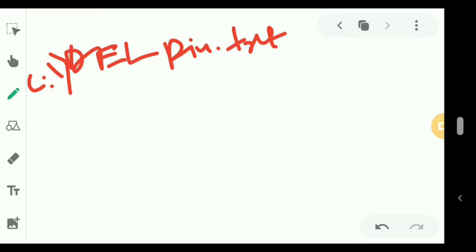Okay, so another one is there, that is diskcopy. The diskcopy command is used to copy the complete content of one floppy disk to another one. Okay, so you just mention the location from where to where you will copy. So what is the command for it? Then you will write down this copy.